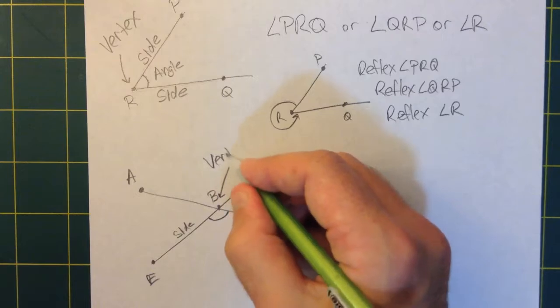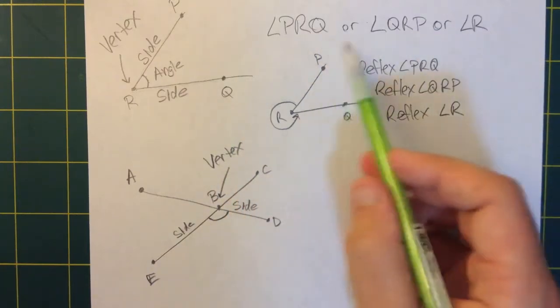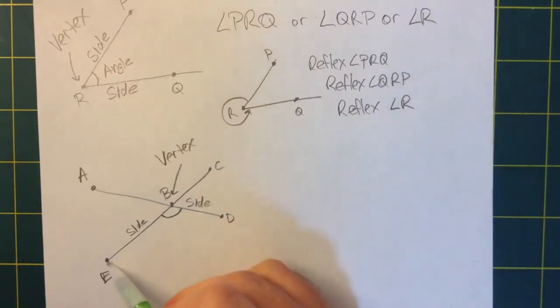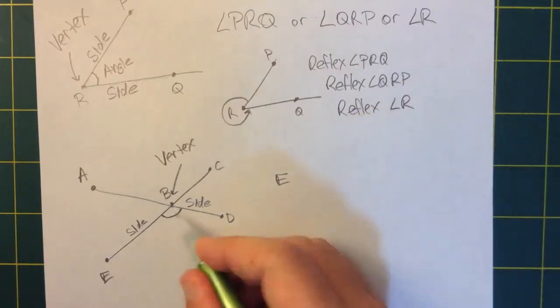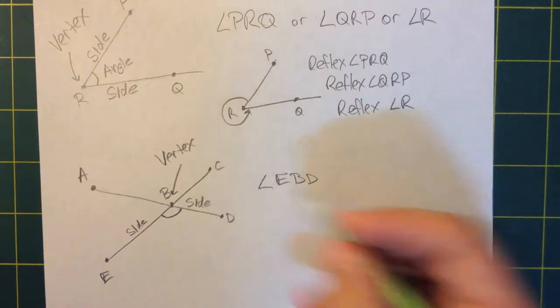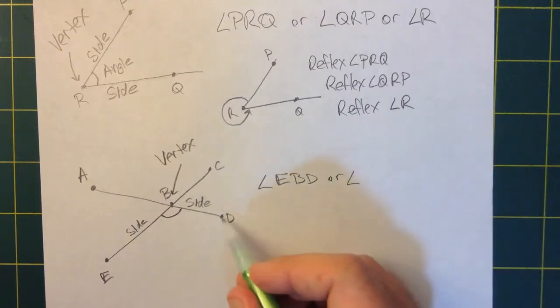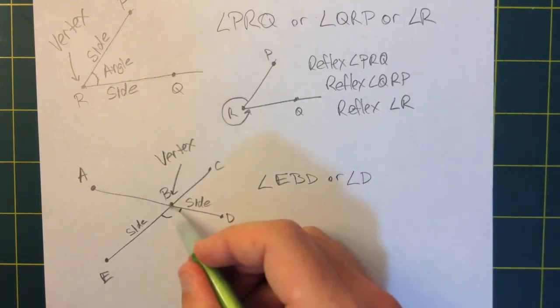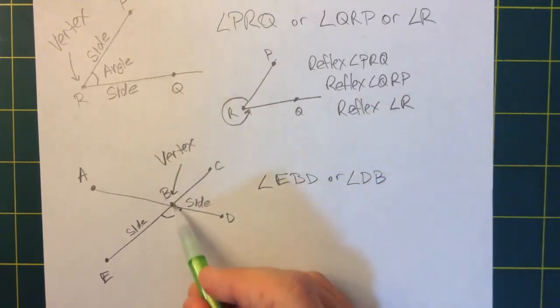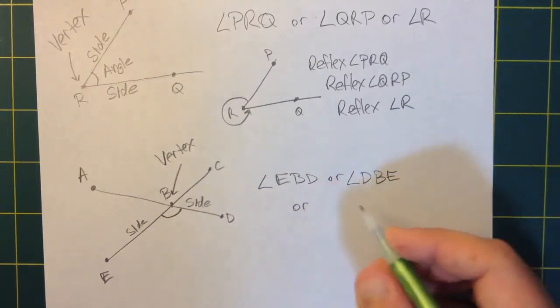B is the vertex. When I go to name this, I could follow these rules that I followed here. Like I could say start at E, go to B, then go to D, and you are an angle. That's fine. Or I could say start at D, go to B, then keep going and go to E. And then you might be tempted to say